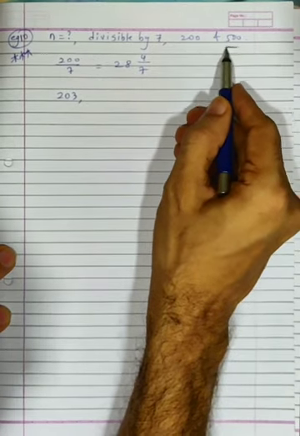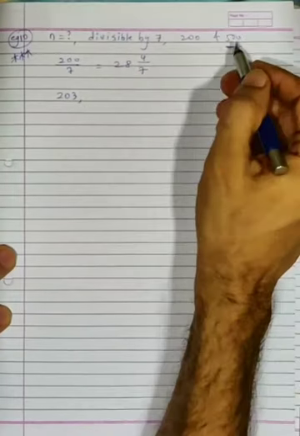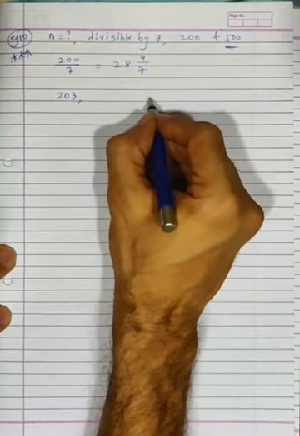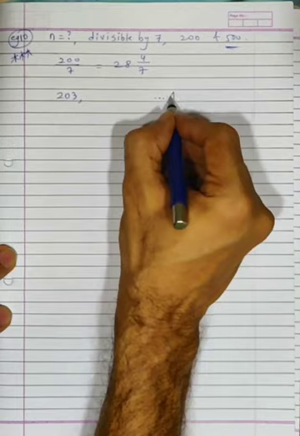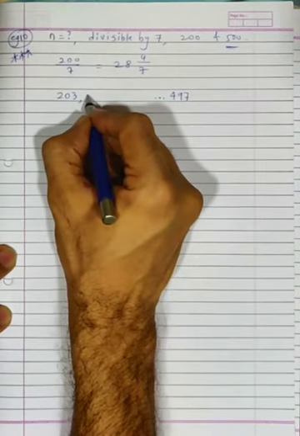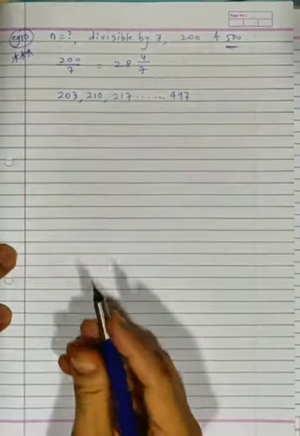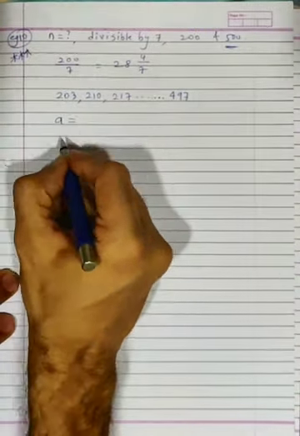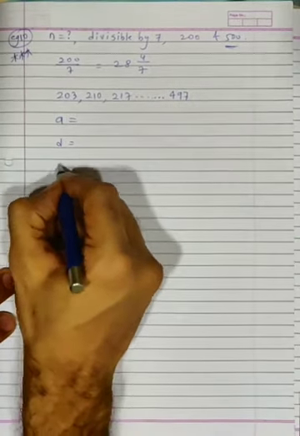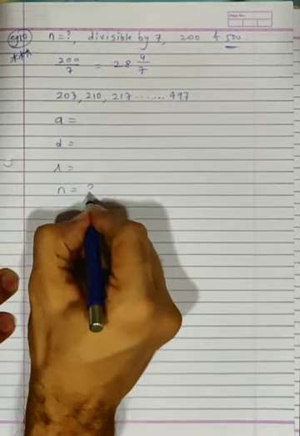What is the last number divisible by 7 just before 500? So 490 is one of the numbers, right? And then 497. So 497 is the last number out here. This will be 210, then 217, and so on. So now it's quite simple again. Tell me what is A equal to in this sum? A equal to how much? D equal to how much? L equal to how much? N equal to question mark.